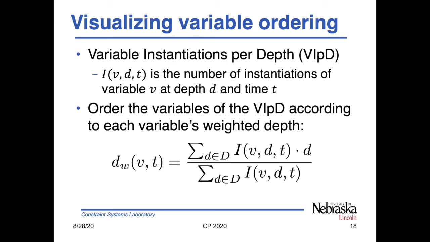We order the variables of the VIPD according to a variable's weighted depth, which is calculated by multiplying the instantiations of a variable at a depth times the depth and then dividing by the total number of instantiations of the variable. We fix the ordering of search to be that determined at the end of search for all of our